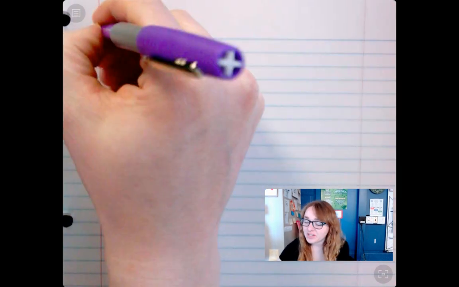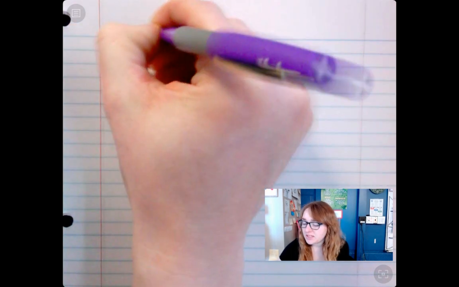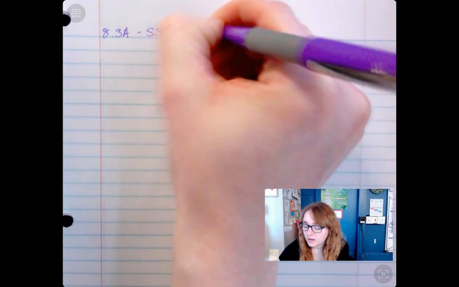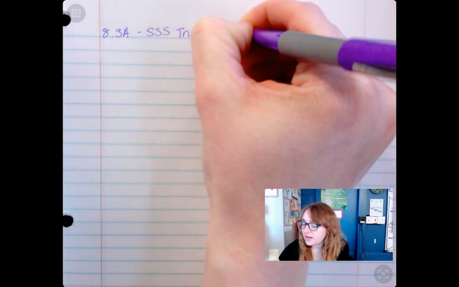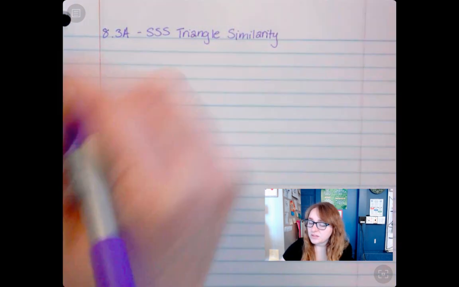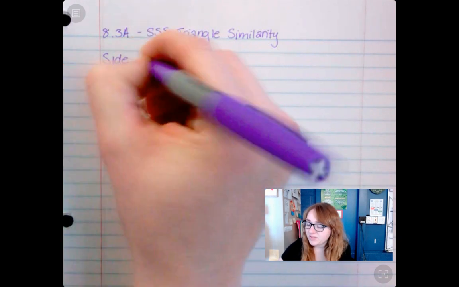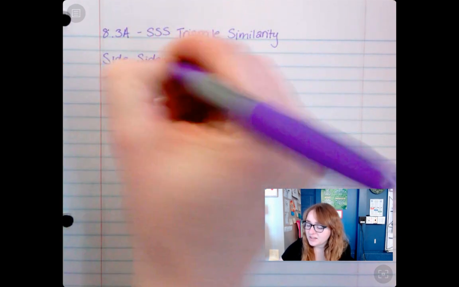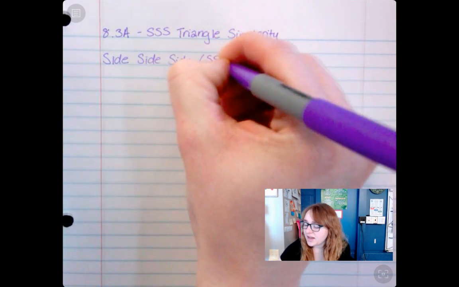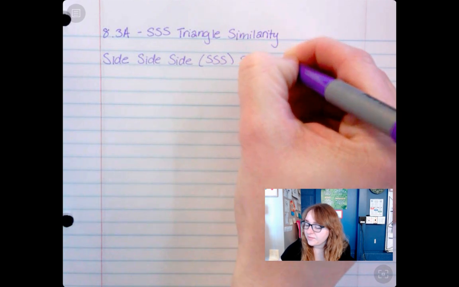Today we are going to be talking about 8.3a. We are going to be talking about the side triangle similarity. All right, so we have talked about, not explicitly, but we have done the side similarity theorem already. So the SSS similarity theorem